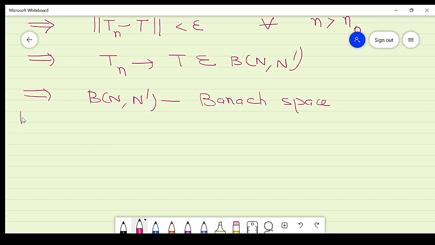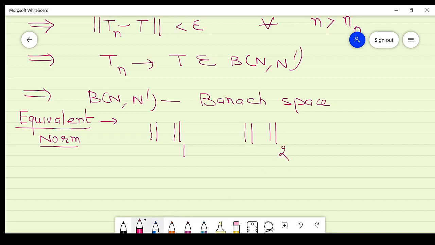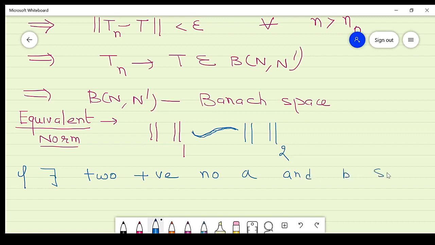Now the next definition is equivalent norm. So what is an equivalent norm? We have one norm, suppose this is denoted by this one, and a second norm which is denoted by 2, and this notation is used for equivalent. So norm 1 is equivalent to norm 2, and norm 2 is equivalent to norm 1, if there exist two positive numbers A and B